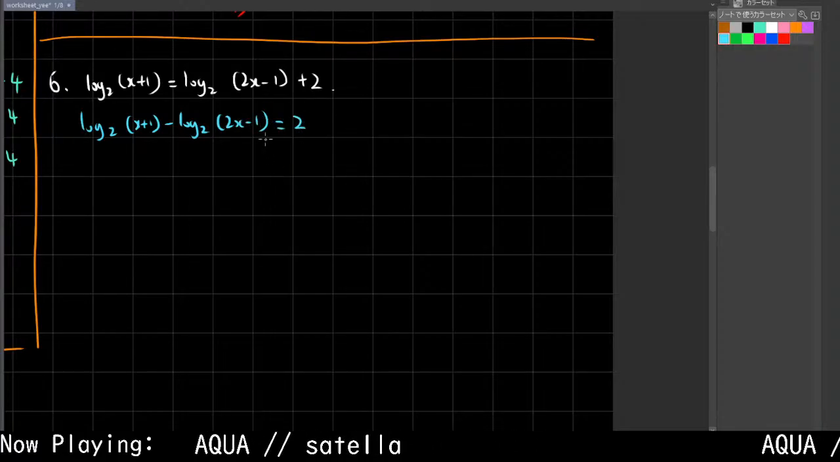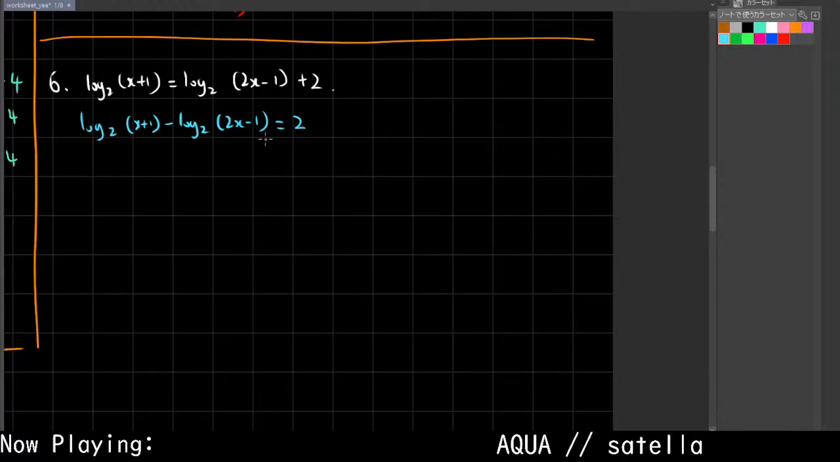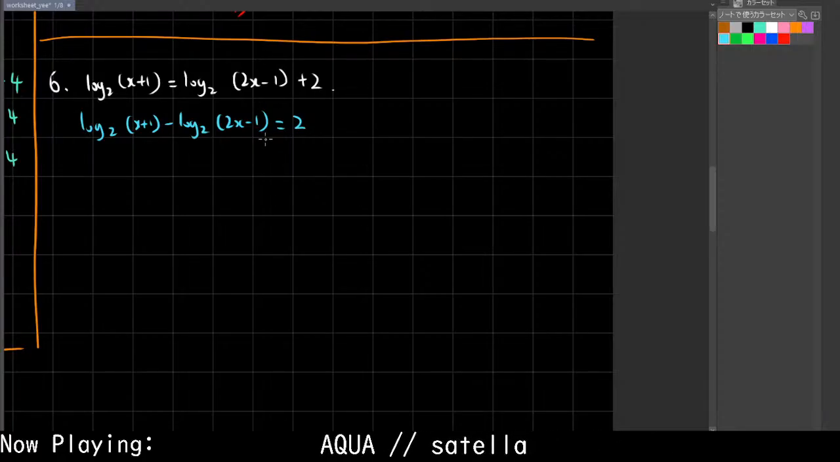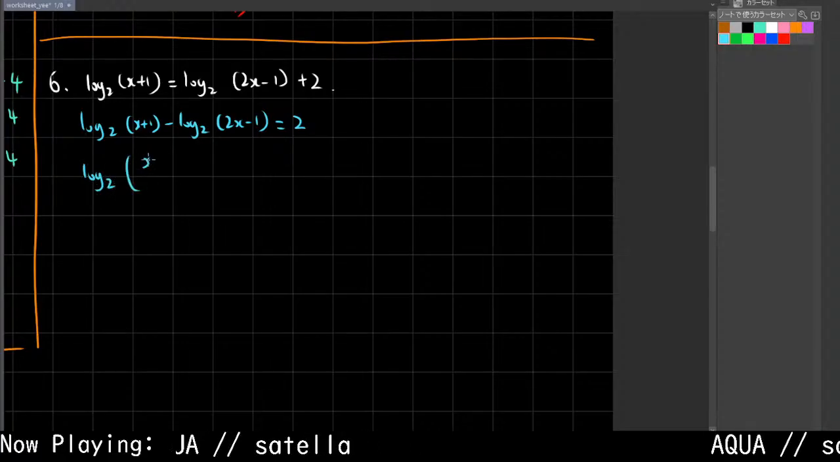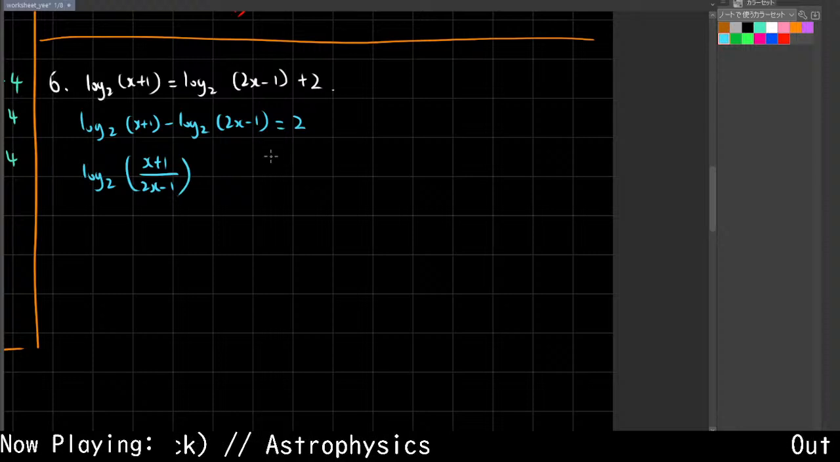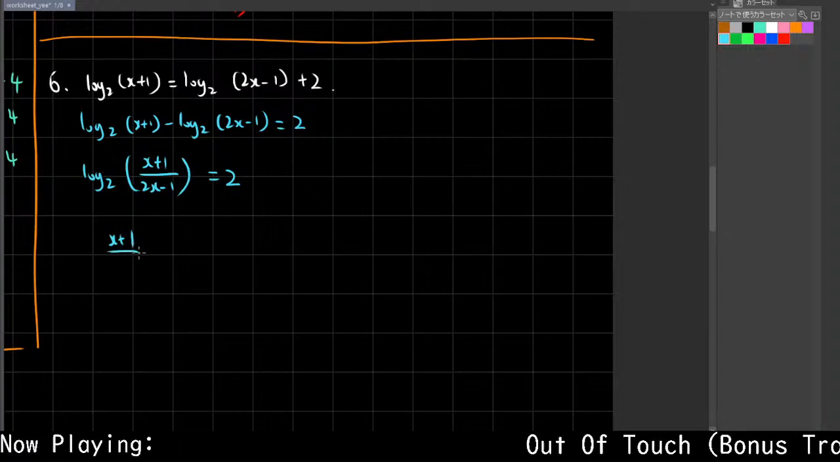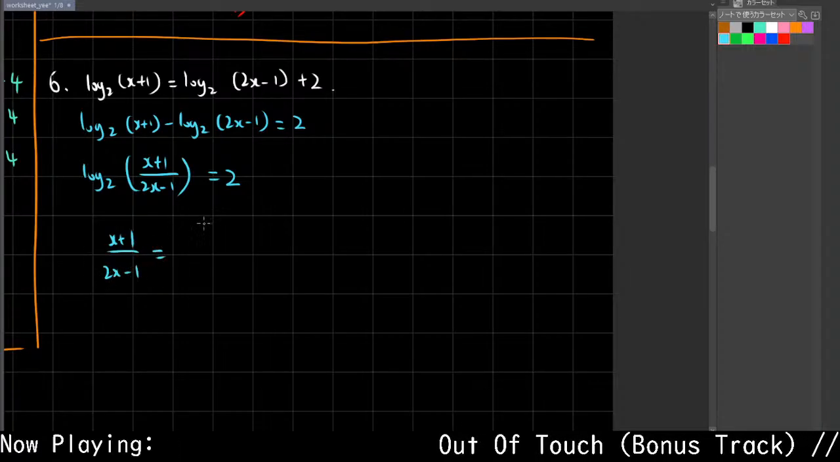You rearrange it like this, so you collect like terms, you collect the two logs together. Since these two logs are the same base and they are now doing minus, you can combine them into one single log by turning it into division. Minus becomes divide, plus becomes multiply. And it's equal to 2. So you get x plus 1 over 2x minus 1 equals to